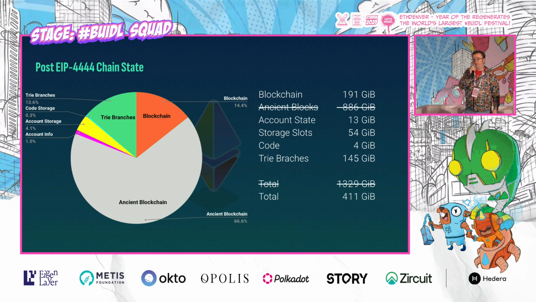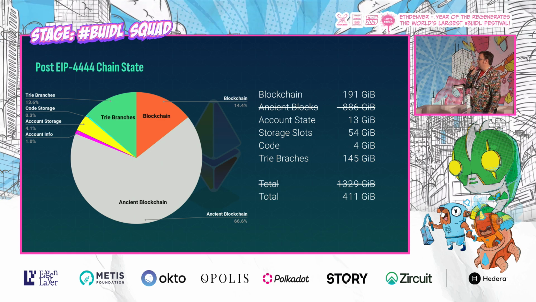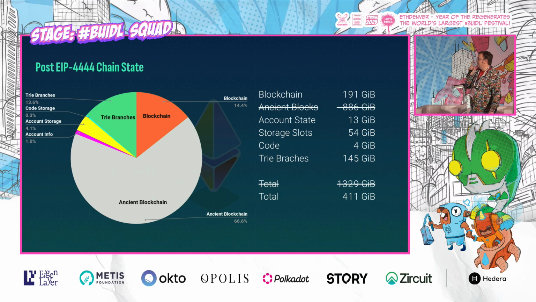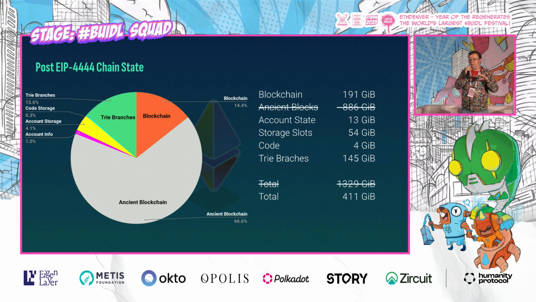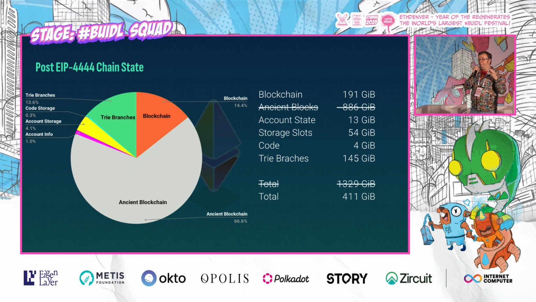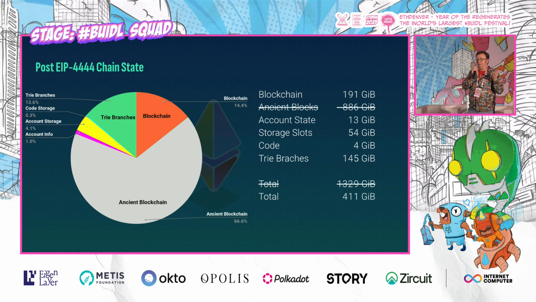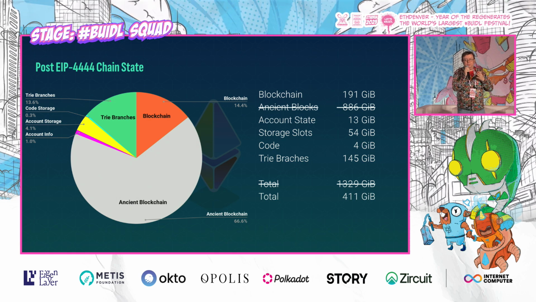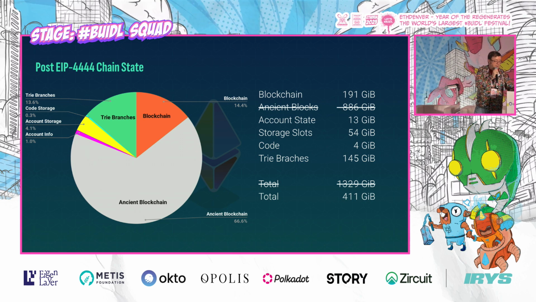There's a plan for state expiry that we're probably going to have to deal with in a couple of years. But as we can see, it's still the smaller portion. The tree branches to track that data are bigger. And the amount of your blockchain history, it's not even as big as the rest of the data now. It's a really great solution. It's really subtle, and it has powerful impacts.